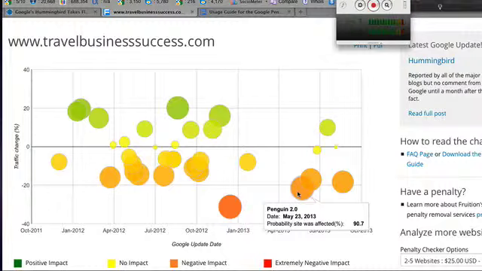Cool. Let's get back to the Penguin 2.0. I've got that highlighted here, and I look at these big orangish and red circles below the line. I cringed. I've got this other site, Adventure Biz Success, but we're going to focus. I was actually surprised that this site, Travel Business Success, which is the WordPress blog, which is updated regularly, which hasn't been around but maybe 6 or 7 years, was more negatively impacted. My other one's been around, gosh, 12 or 13 years.